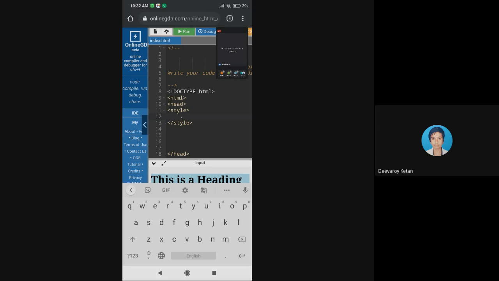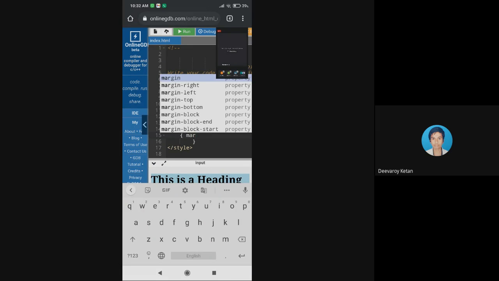So I'll write something called container. I need braces, and in this I'll write margin, and I'll say auto.